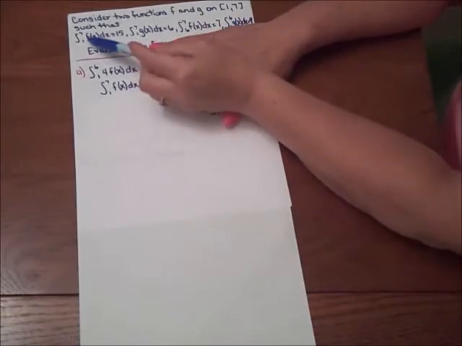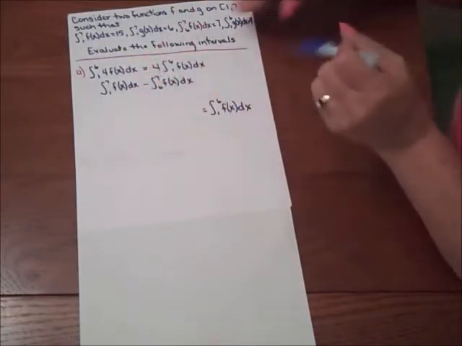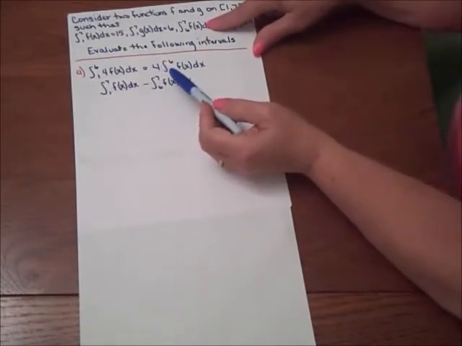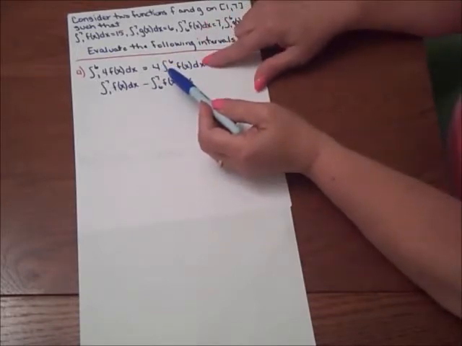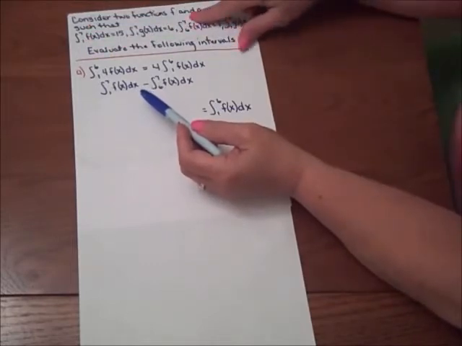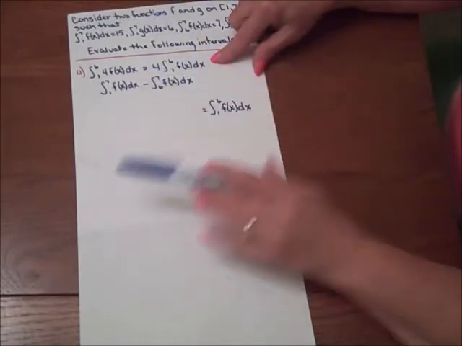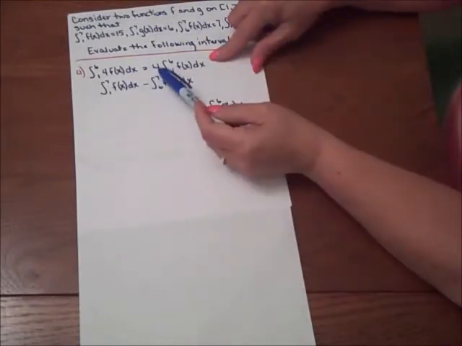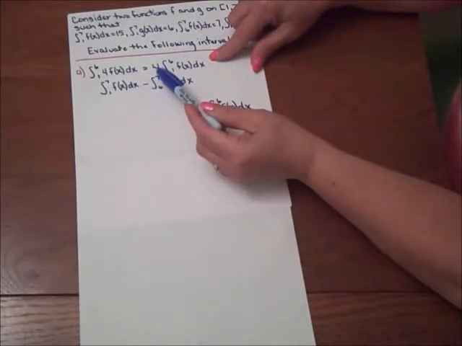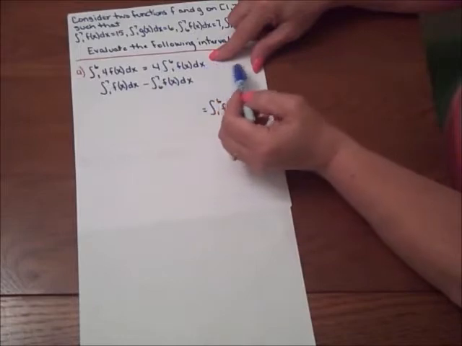Well, if we look back up here, we don't have one that has the integral from 1 to 6 of f of x. So we have to find 1 to 6 of f of x. We have 1 to 7 and 6 to 7. So the first thing I'm going to do, and I've already written this down to save time, is pull out that constant. Pull it to the front. So now we have the constant 4 in front and the integral from 1 to 6 of f of x